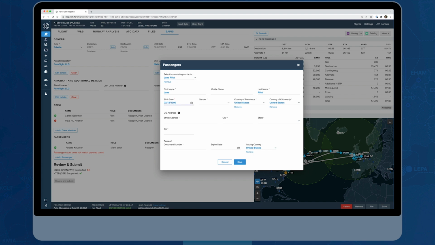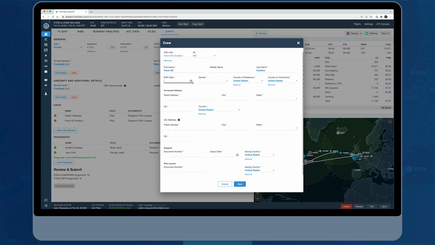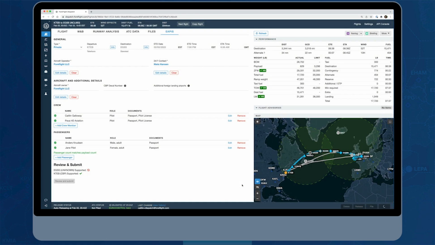Yeah, and as Caitlin adds these passengers, once you've entered the data one time, everything that can be restored from the previous submission will be restored. So she's only having to enter this information because this is the first time that these passengers have been used on an eAPIS filing. Now that I've got all of the information correct for my crew and my passengers, I can review and submit. And at the bottom here, you'll see for Stansted, eAPIS is not supported, but for our outbound flight from Teterboro, it is supported. So we can hit review and submit,